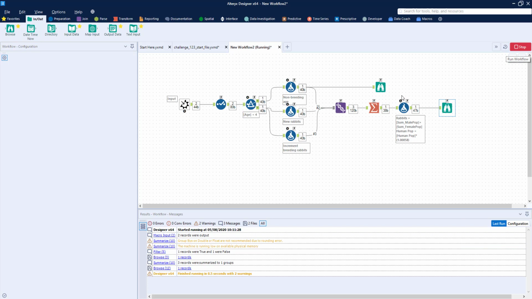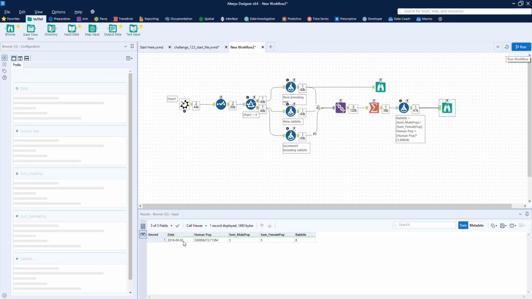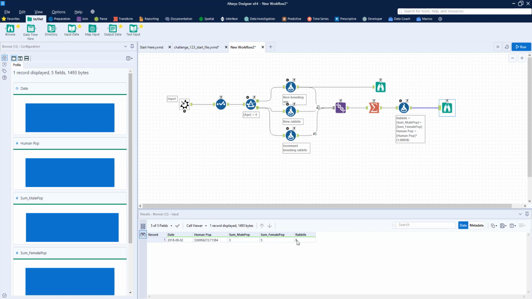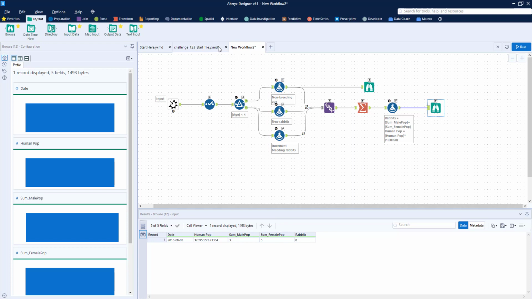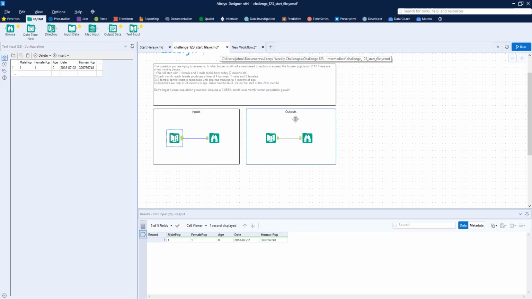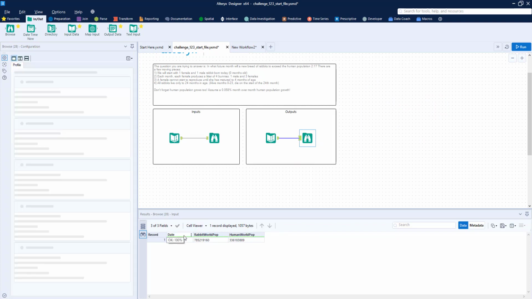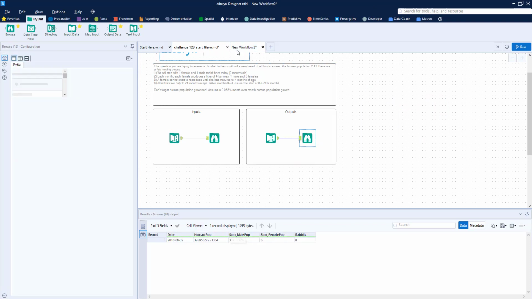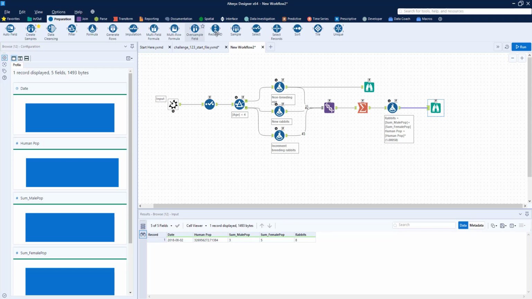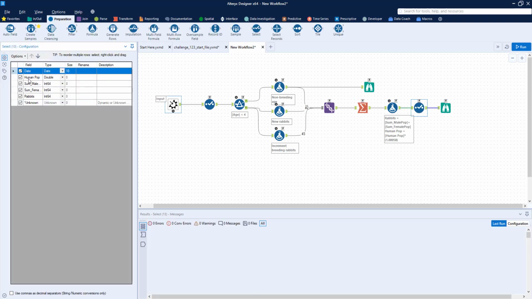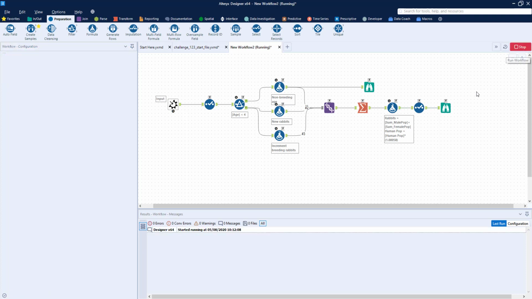Okay, so let's just stop for a minute and think about what we've got. We've got our date, human population, and total rabbits. And knowing that this is an iterative macro, that means that we have to have an iteration output and a solution output. So I'm thinking I want my solution output to be formatted in the same way that the output is here. So we see we got date, rabbits, and humans. So let's configure this right here in that same way. So date, put rabbits up here, humans, and then I'll deselect the male and female because we don't care about the individual breakdown.